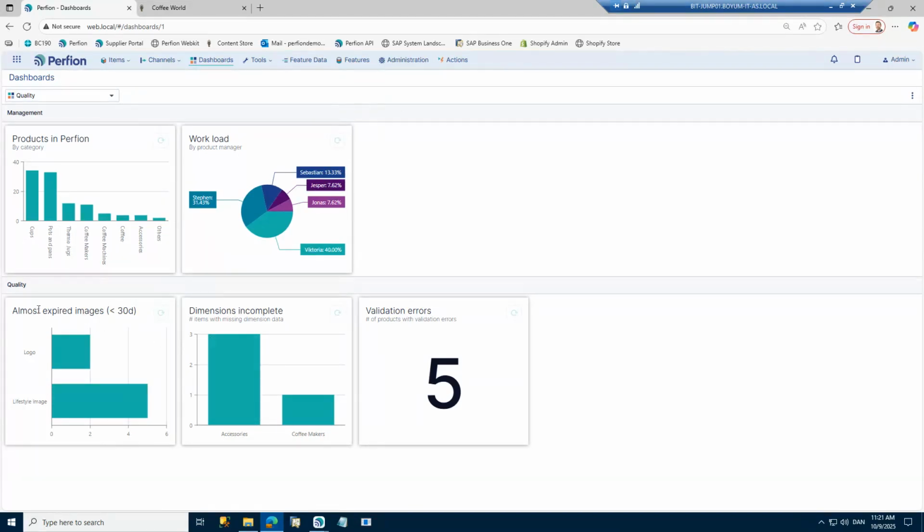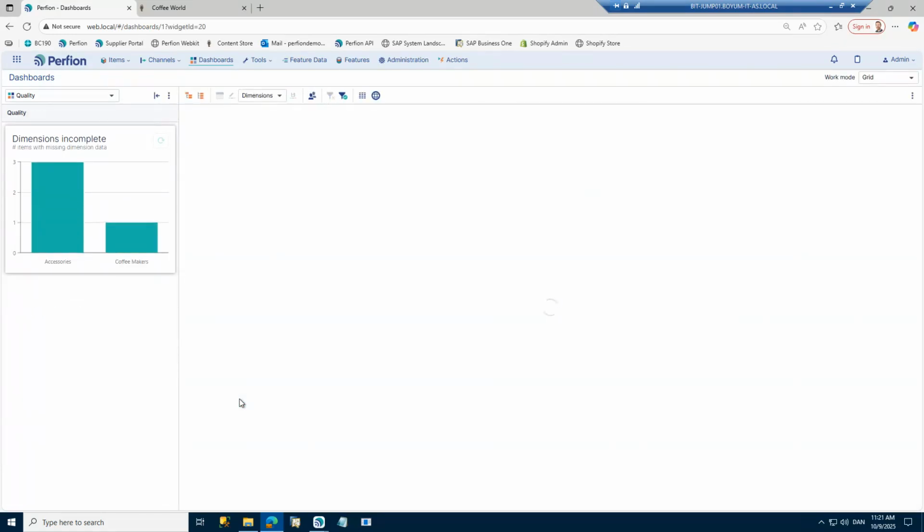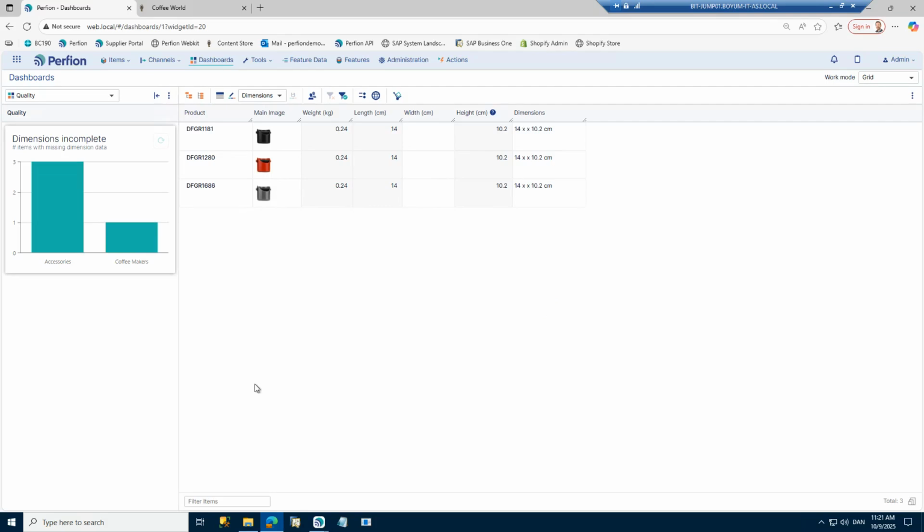In this case, quickly using this dimensions incomplete widget down here, because it will show you how these dashboards work. I can see that in my accessories category, there are 3 items that have some incomplete dimensions. And there's also one coffee maker with some incomplete dimensions. And to solve that, I simply click one of these bars, and 2 things then happen in